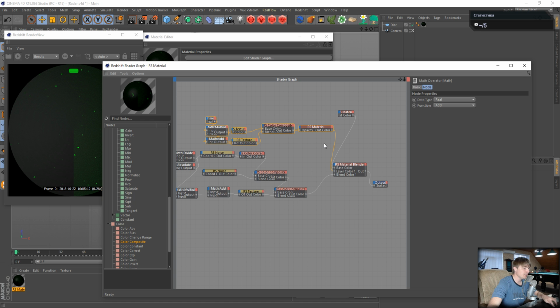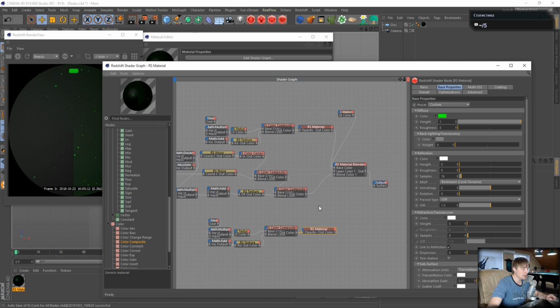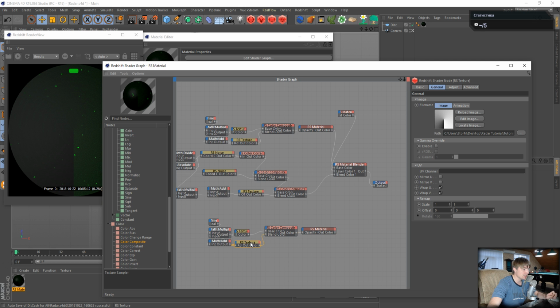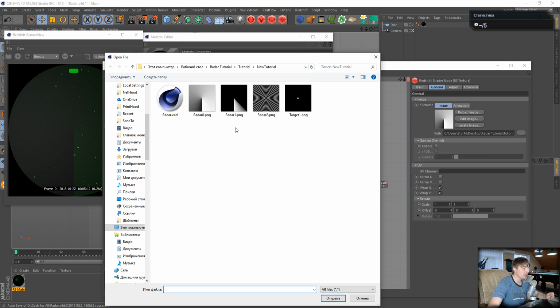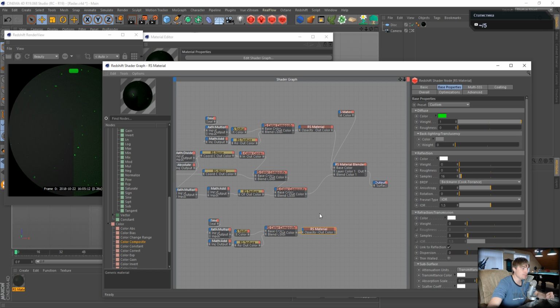copy, Ctrl-C, Ctrl-V, and put it somewhere down. So I use the same mathematical calculation, the same everything, except this texture, except this one. I'm going to texturing and I use radar number 1, not full, only this, to give me a very bright color in the beginning. Open. And Redshift material,